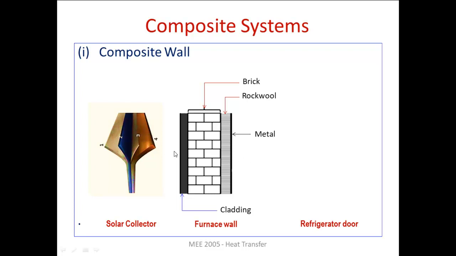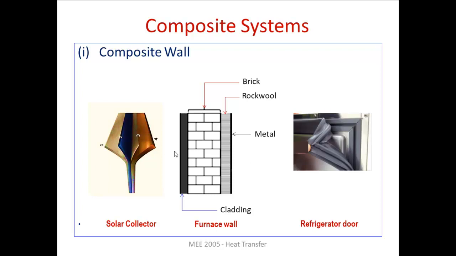Now let us consider the case of a refrigerator door. The purpose of a refrigerator is to maintain temperature less than the surrounding temperature. So when we are maintaining temperature less than the surrounding temperature, from the surrounding or from the outside, which is at a higher temperature, heat will transfer from the surrounding to inside the refrigerator. So now we have to avoid the flow of heat from outside to the inner surface. So it is better to have a material having a less thermal conductivity. So different layers of materials are being used to reduce the heat transfer from the surrounding to the inner chamber of the refrigerator.